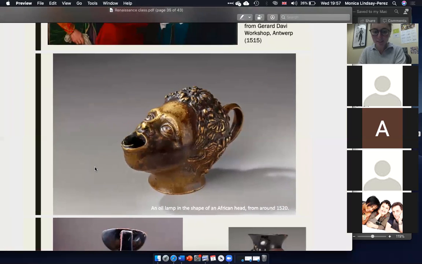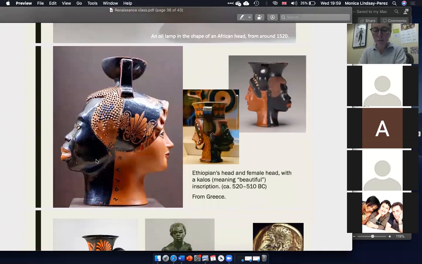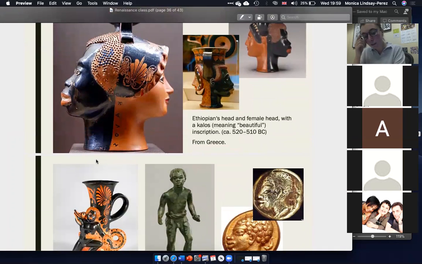Secondly, and very, very interestingly, the Renaissance fascination with Africa, so this inclusion of Black figures and sculptures of Black figures, was actually an attempt to revive the Greek and Roman fascination with Africa, which they called Ethiopia. So the Greeks and the Romans made lots of sculptures of Black figures because of the extensive trade links and networks that